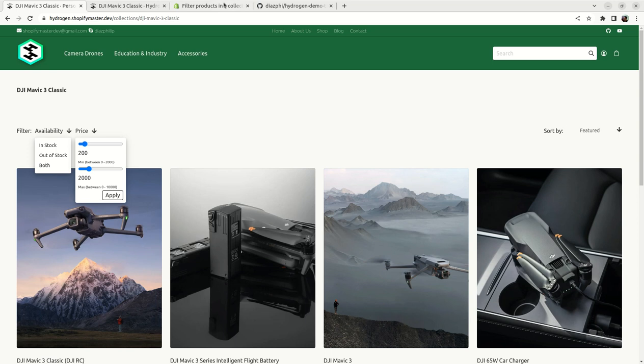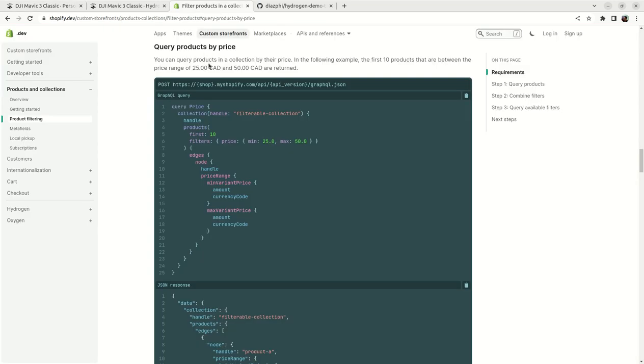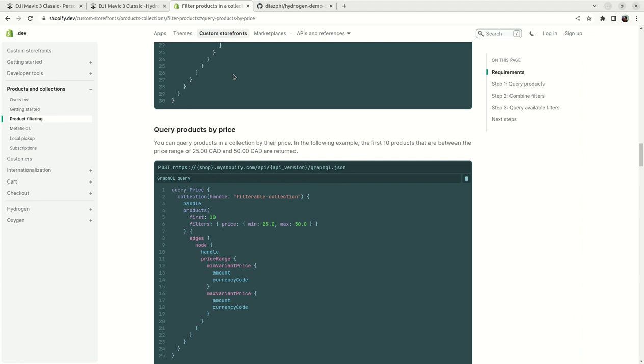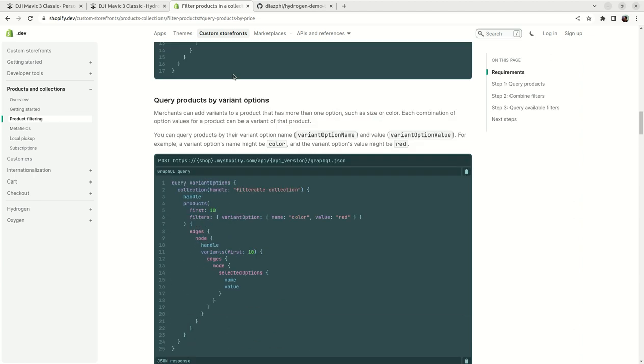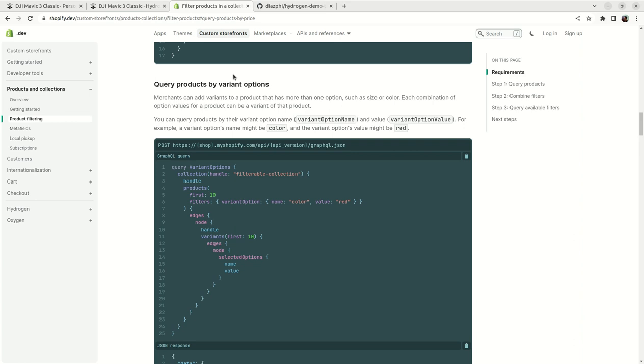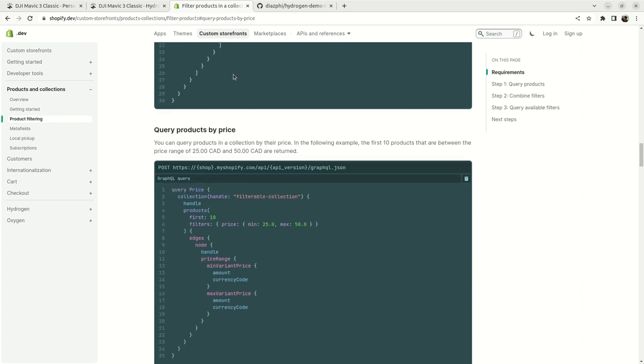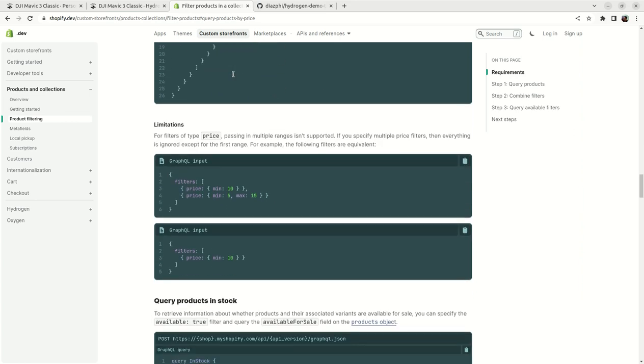So we're gonna try this query, product price description. And I saw there is a limitation. I think there are things that are not supported